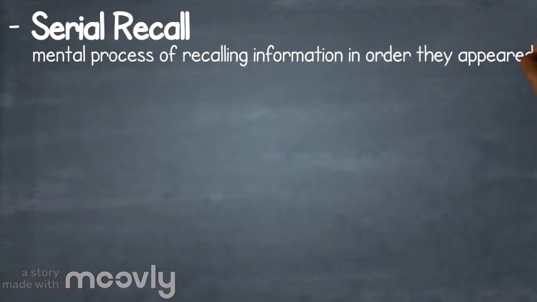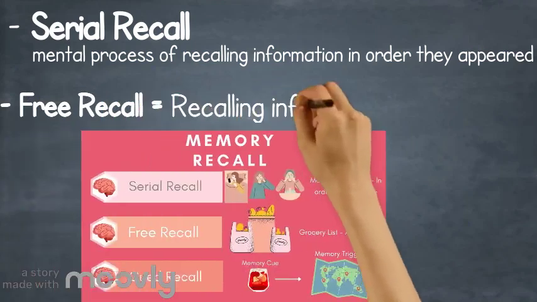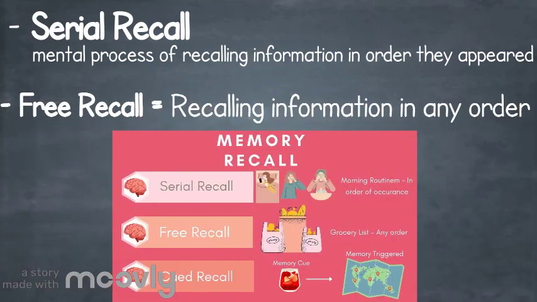In the study of memory, serial recall is the mental process of recalling information from memory in the order it appeared. Free recall, however, does not include the order of the information. A Murdock 1962 study shows the two biggest memory phenomena researchers face are the primacy effect and the recency effect.